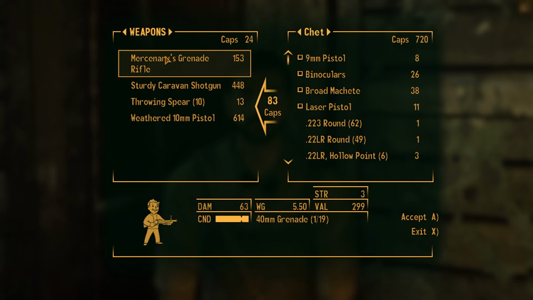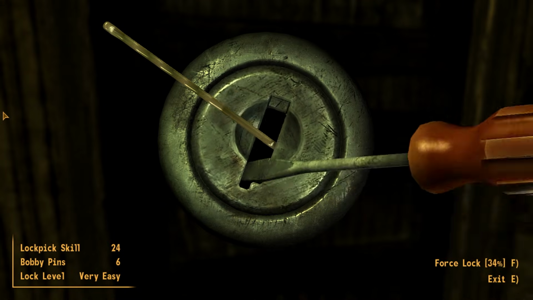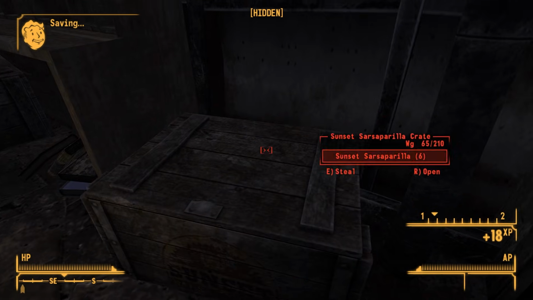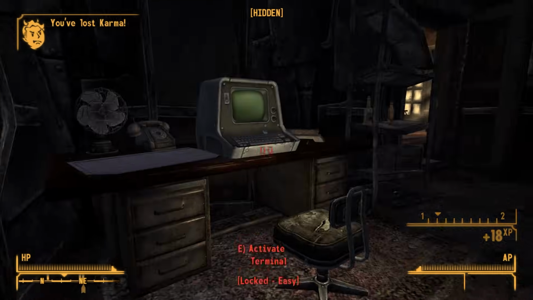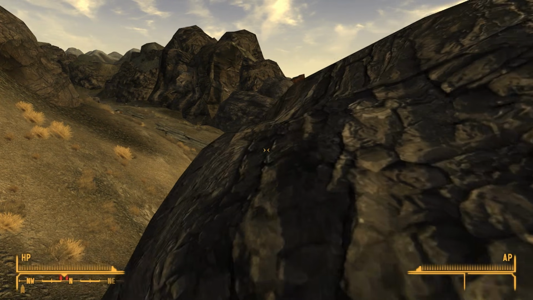I sell a bunch of DLC items to Chet for a bit of an early game boost in caps, and break into the Good Springs Saloon. Here I'm able to grab the 2 magazines on top of the crate, for both barter and speech respectively. Making a detour to the cemetery for the snow globe, and hugging the mountain to get past the Cazadors just north of town,